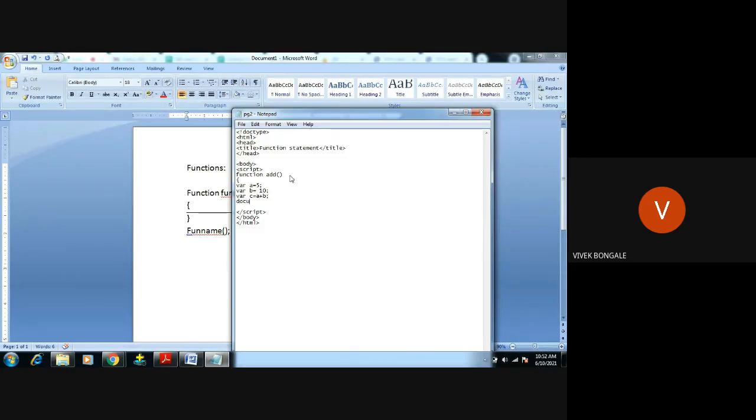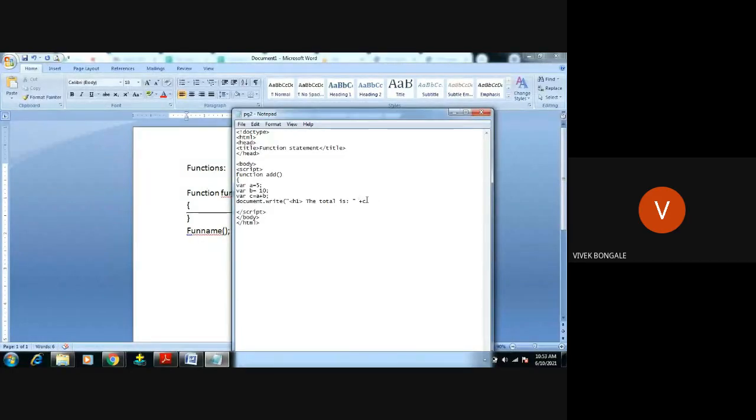After this, we want to display the result. To display the result in the browser, document.write acts like a printf function here in JavaScript. If you want, you can use HTML tags here, so we're using the h1 tag. The total is, and the result is in variable c, so we use concatenation.